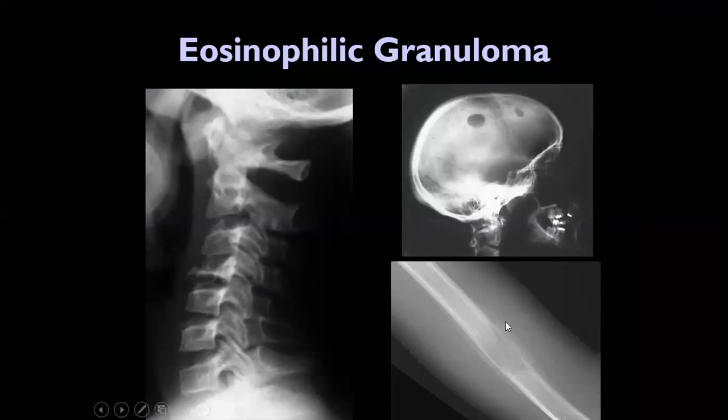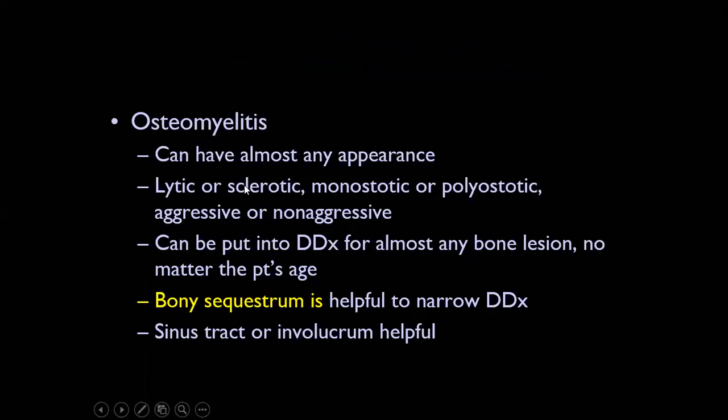And this is how it looks with aggressive behavior in a long bone lesion. And this is the button sequestrum, or the lytic appearance in the skull. Differential diagnosis, sure, will include osteomyelitis. Osteomyelitis can behave like everything. You put in the